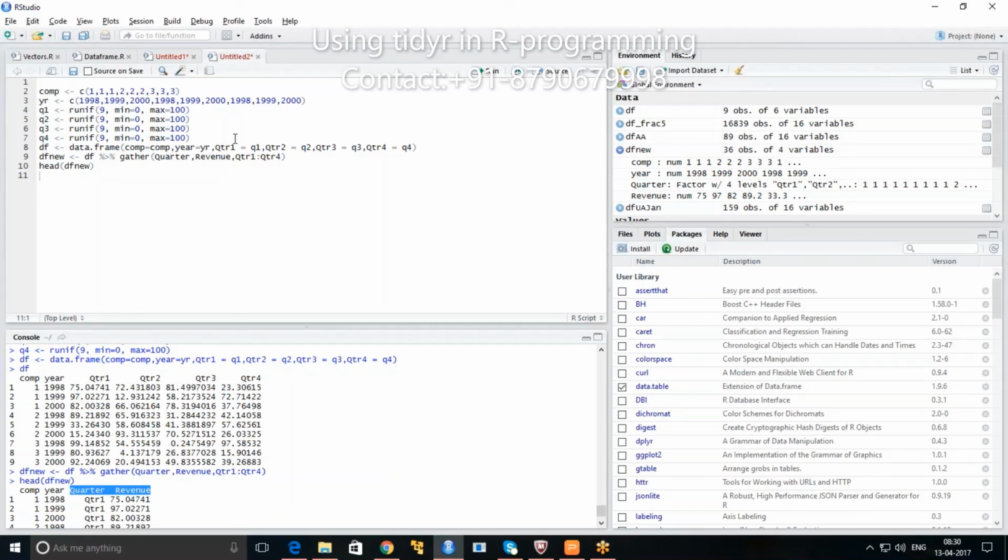May I know the use of this type of gathering, because anyway from the 9 observations table we extended to a 36 observation table, right? Yeah. So many times we want data to be in a particular format, because when you collect the data from the ground up, from the business users,